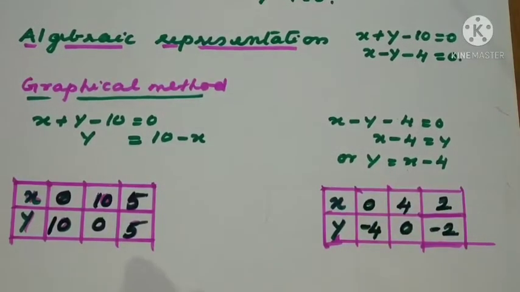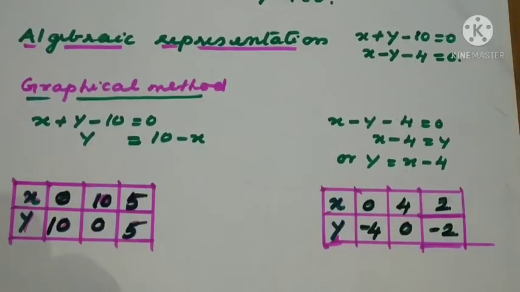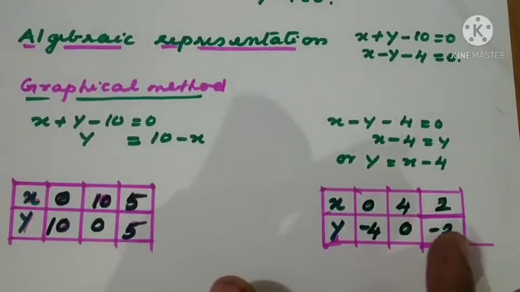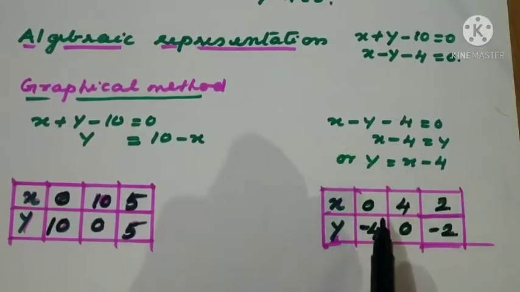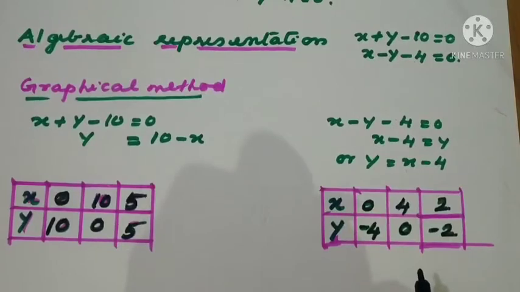Now listen all of you, we have already mentioned this in the 9th class portion also. If you get 2 points, you are able to draw the line. The third point will ensure whether our points are correct or not. So 3 points should be calculated. If the simple equation is given, you can directly make the table. In the marking scheme, you can see that the marks are distributed like this. So here we got 2 equations, and separate solutions we got. Now what is the next step?